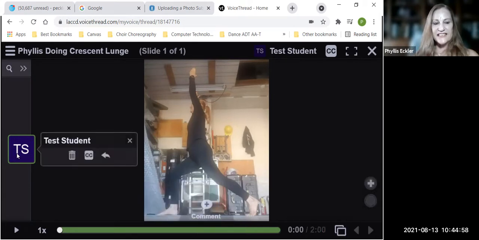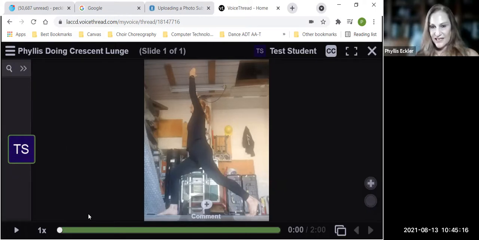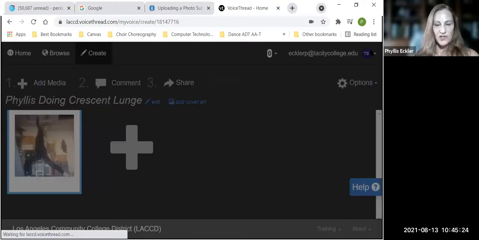Notice that it says TS here on the side. Those will be your initials, whatever your initials are of your name. Test student is what I'm called because I'm the teacher coming in. So again, I can get rid of these comments and start again, or I can just keep it, which I'm going to do right now. So I'm going to get out of this